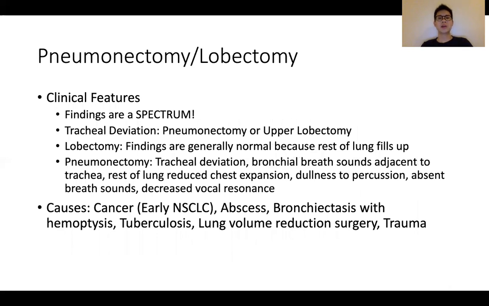So next we talk about the pneumonectomies and the lobectomies, and this is something that I find quite interesting. So when we see a scar, then the next task is to determine whether this is a pneumonectomy or lobectomy, and hence I would then pay very close attention to the position of the trachea. If the trachea is deviated to the side of the disease, I would say that this is most likely an upper lobectomy or pneumonectomy,